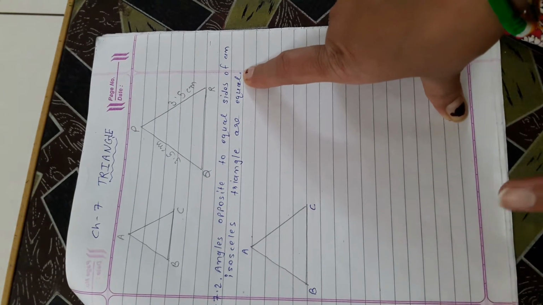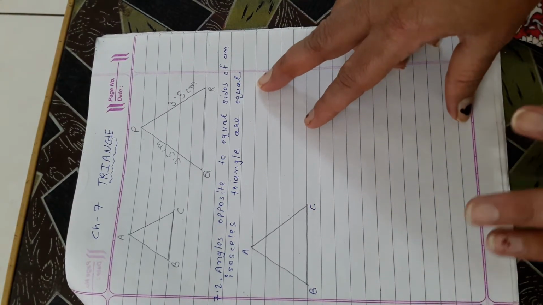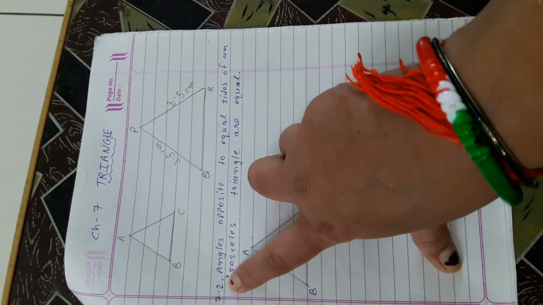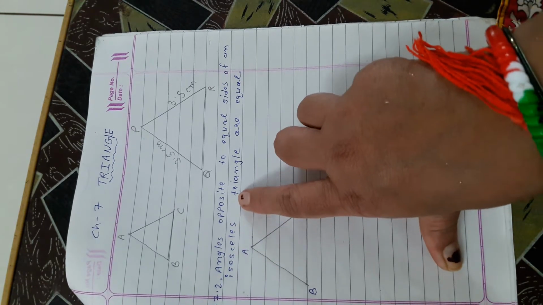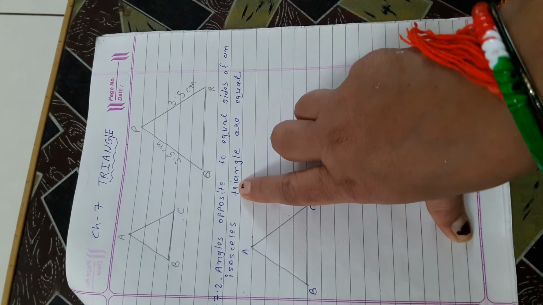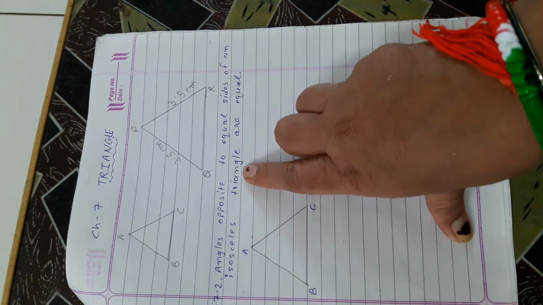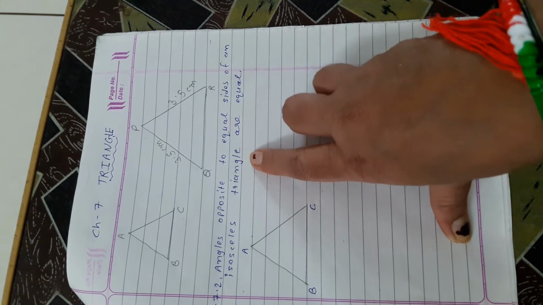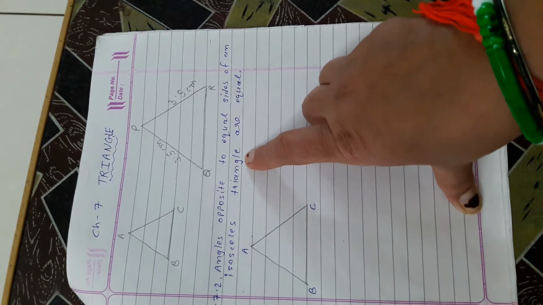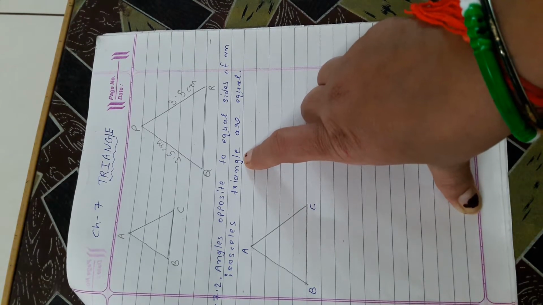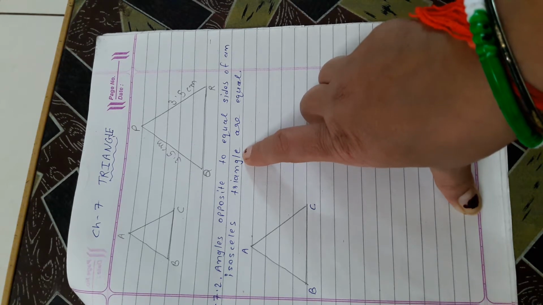In this chapter you have to study the statement of the remaining theorems except 7.2. In theorem 7.2 you have to study the proof of this theorem, but for the remaining theorems you have to study only the statement. And in this chapter the exercises 7.1, 7.2, 7.3 and 7.4 are reduced, but I will explain the first.